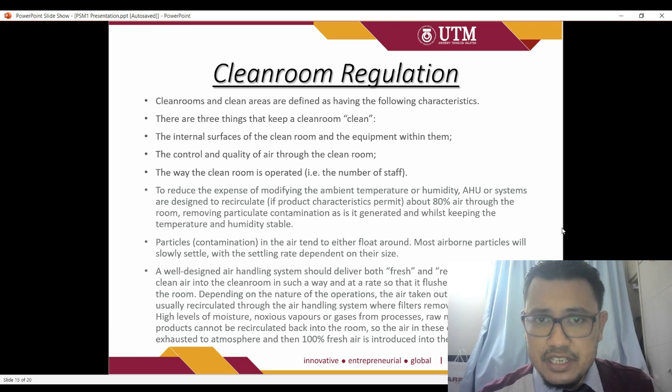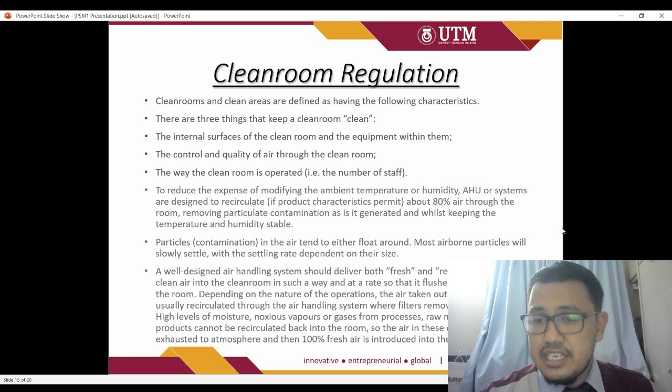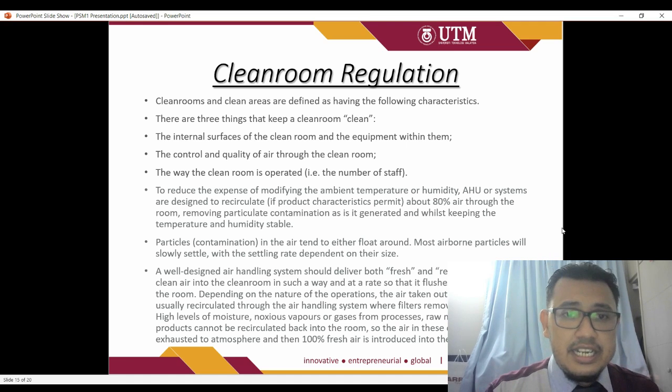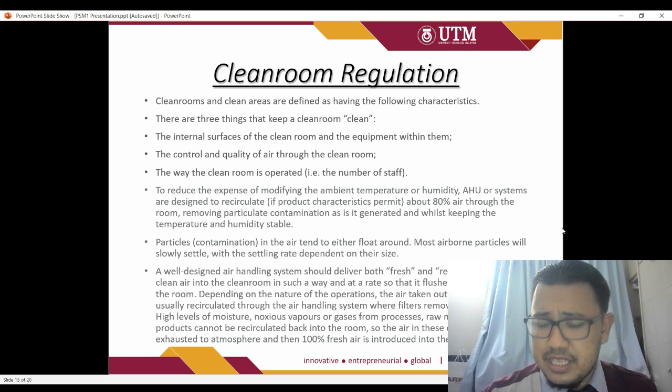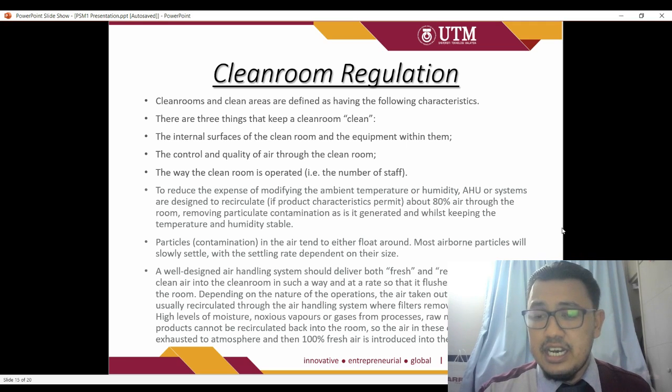The internal surface of the clean room, or the area, then the quality and the control of the air inside the room. They have to change the filter, the air filter, that's one. Then the way the clean room is operated, like the operator cannot wear makeup, they have to wear a small jumpsuit